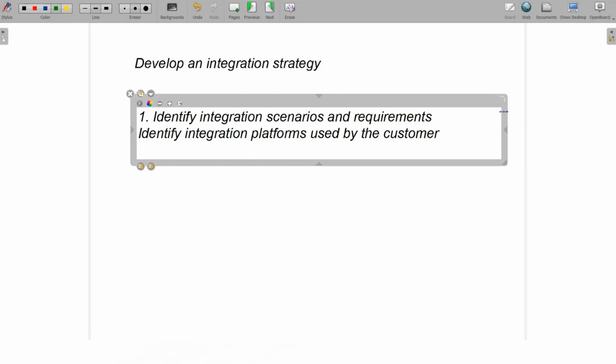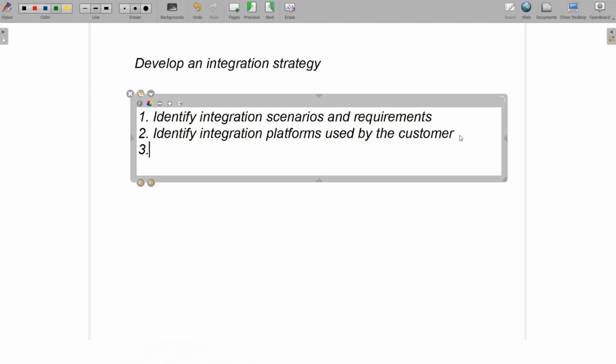So identify the existing integration platforms that are used by the customer. In the next step, which is the most important step, you are going to document all required integrations and interfaces, including the frequency of your integration pattern, whether the integration needs to be real time or not, requirements for the peak data volume,